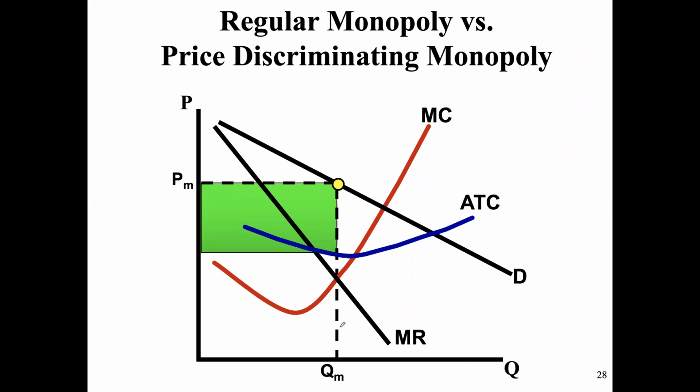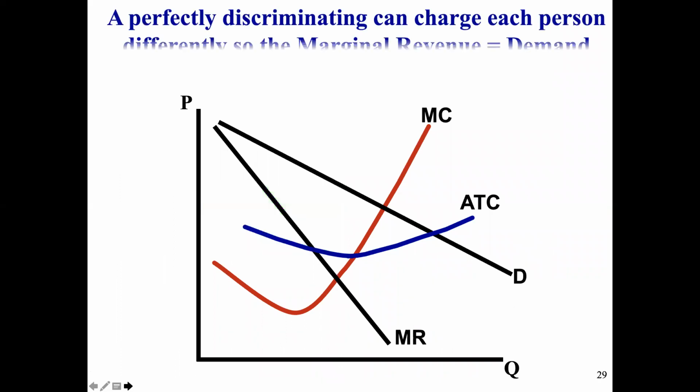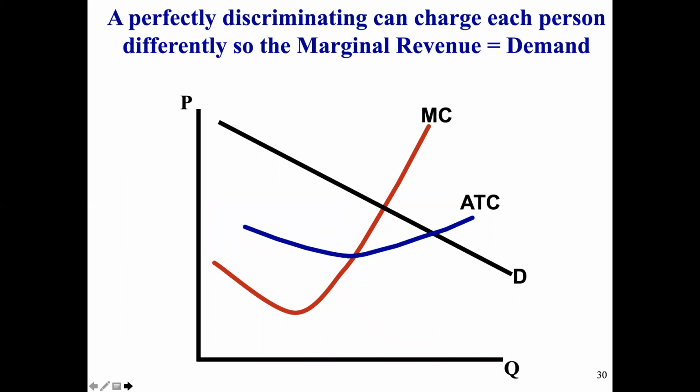Okay, what you're looking at now is a regular monopoly that's earning a profit, as shown in the green area. Okay, so far so good. What happens if this monopoly now becomes a perfect price discriminator? Okay, the first thing that's going to happen is, like we already established, their demand curve is going to equal their marginal revenue. So the monopoly gang sign goes away. They're jumped out of the monopoly gang, and that separate marginal revenue curve is going to no longer exist, because we're able to charge along our demand curve. So our demand equals marginal revenue. Okay.